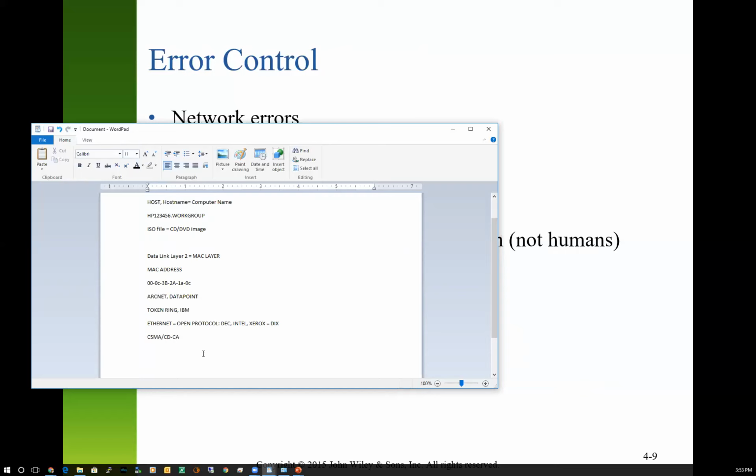Where does that term come from? Ethernet, by the way. Made up term. You guys can go Google that on your own, but you probably should Google that just so you have a clue as to where the word ether comes from. We can probably guess where the word net comes from, network, but where does ether come from? Go Google that. It's an interesting little story on where that term ether came from with respect to Ethernet.